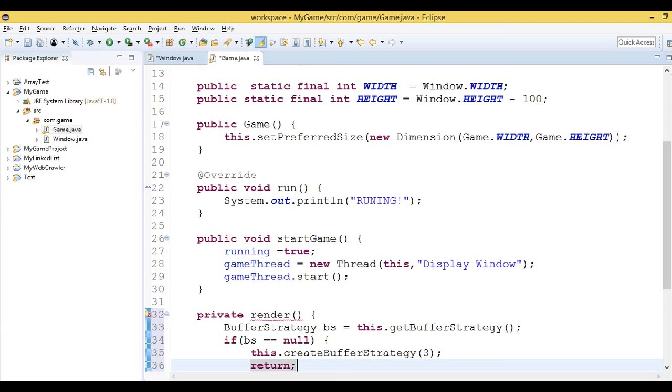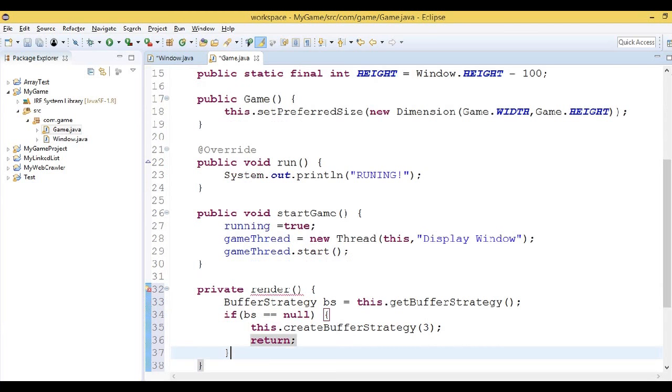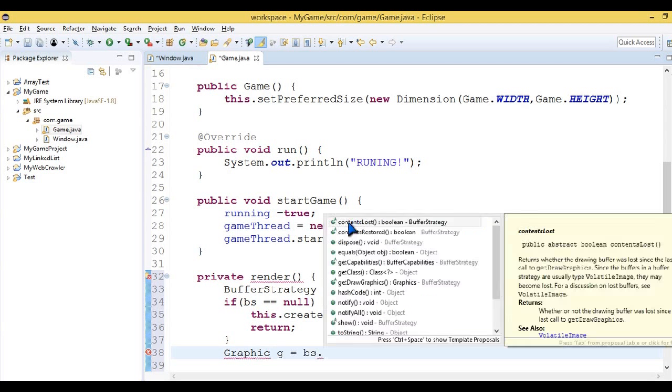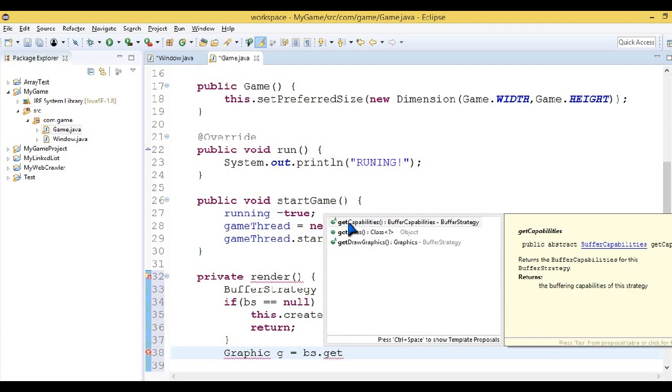If we get the buffer strategy and it is empty, we now create it. So the first time we run, it's going to create this buffer strategy, and after creating the buffer strategy, it should exit. So that the next time we are rendering, there will be a buffer strategy, and then it's just going to write